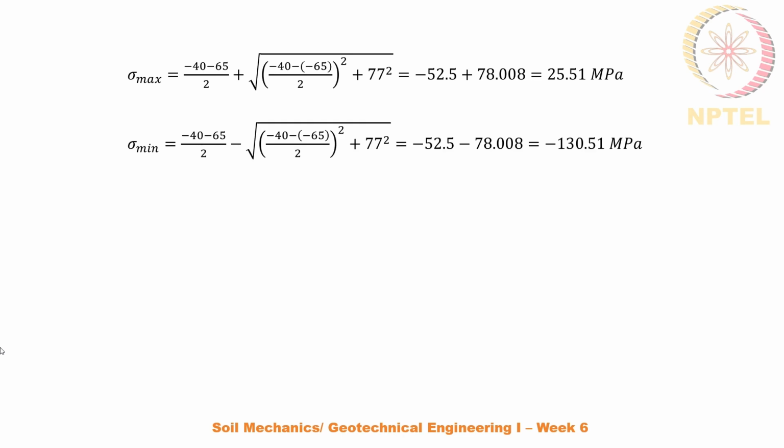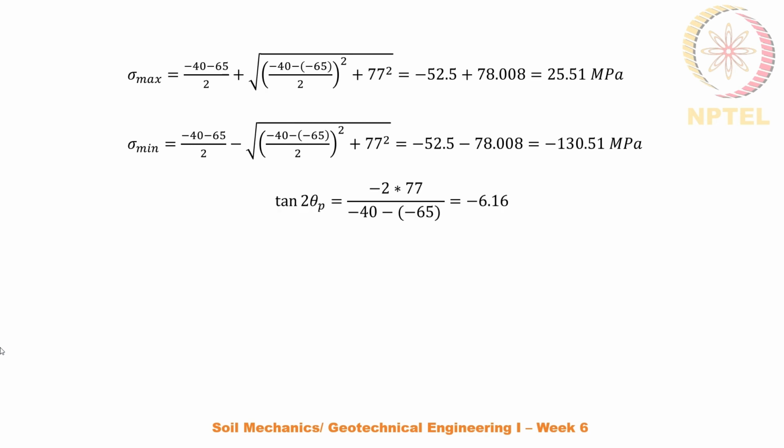Now, minimum principal stress sigma minimum is equal to minus 40 minus 65 by 2 minus square root of minus 40 minus of minus 65 by 2 the whole square plus 77 square,